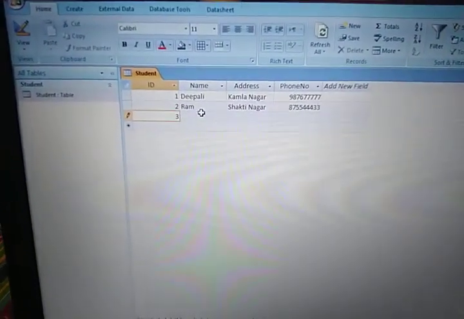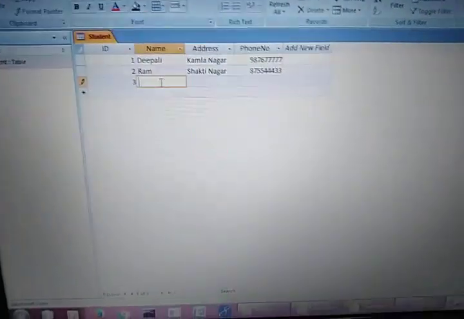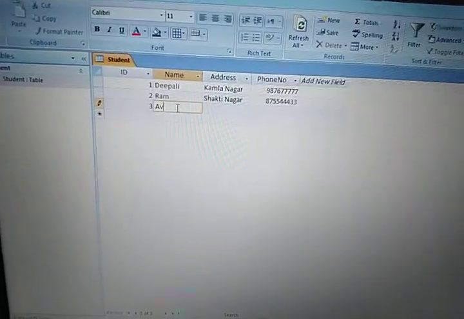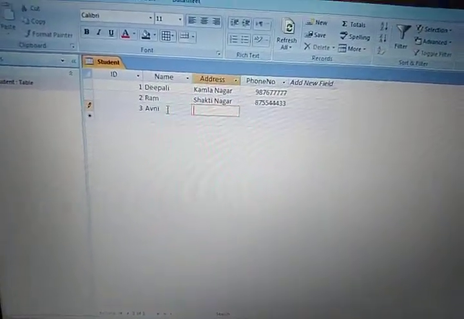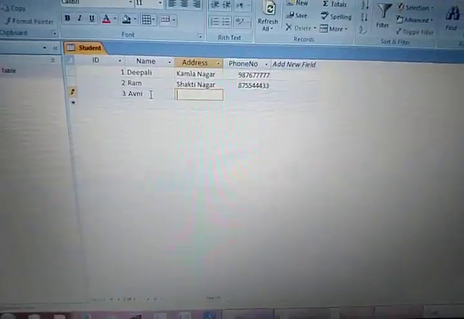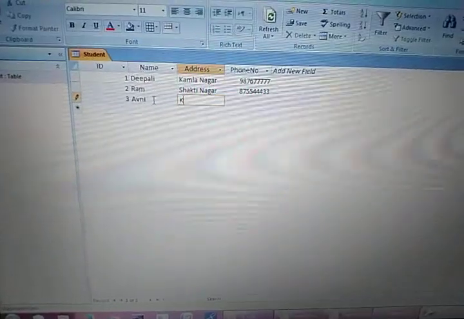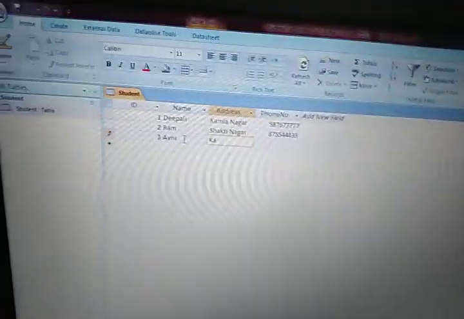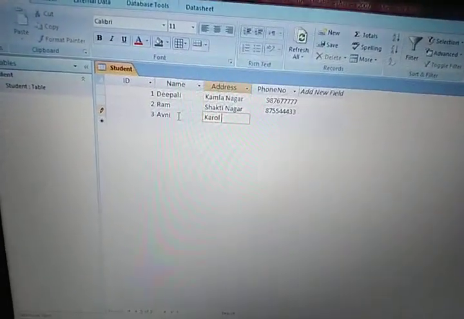Fine students, earlier I was not able to enter the record in this particular column, but now I am able to enter the record in this column. So it shows that by default in MS Access your ID is auto incremented. So in this way you can remove the auto increment field.